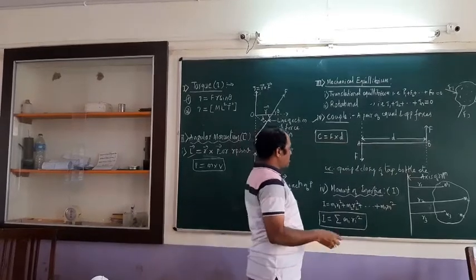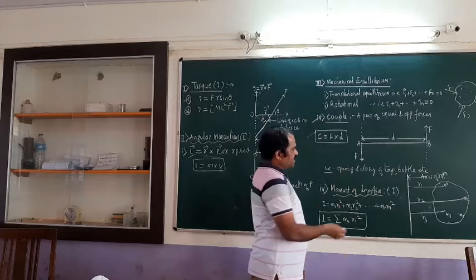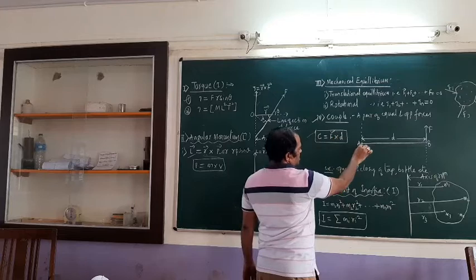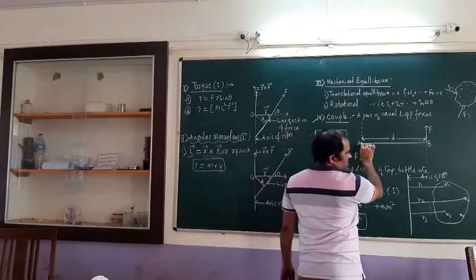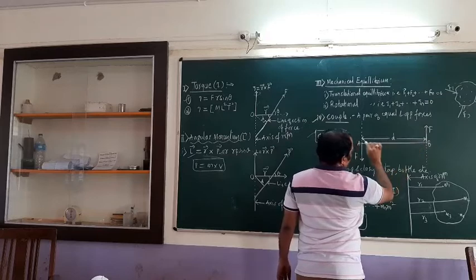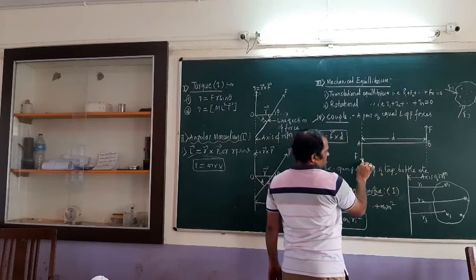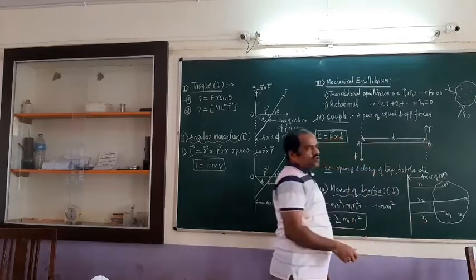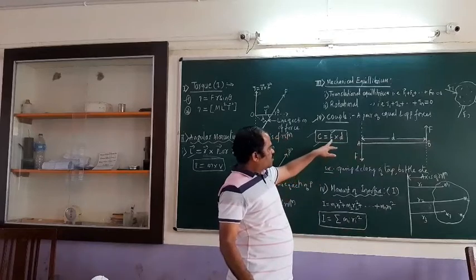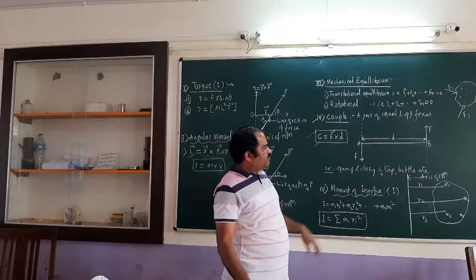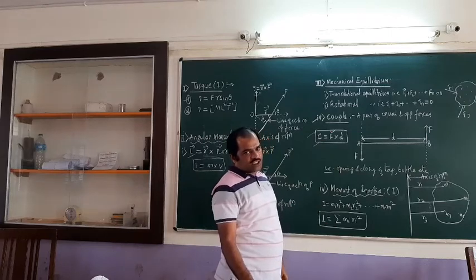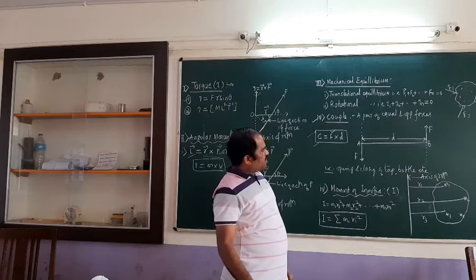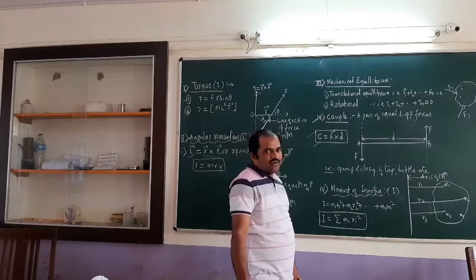Now we are going to write the formula for the couple. What is the couple acting at point A? That is equal to force into perpendicular distance. Here this is the force, and D is the perpendicular distance between the two. So this is the couple acting here. What is the couple acting at point B? This is F into D again. Since the forces are the same, we take the magnitude of either force and the perpendicular distance between them. That is going to be the couple. So the body is going to have a couple.